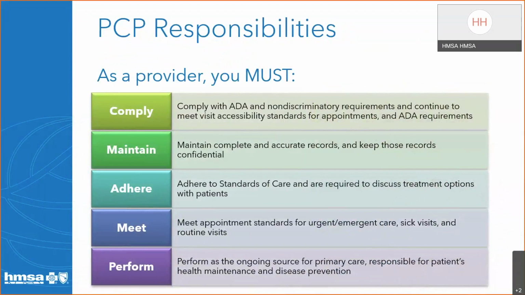All records must be kept confidential and maintained according to standard medical practice. Providers must adhere to standards of care and discuss treatment options with patients. Accessibility standards must be followed for patient appointments, and as a member's PCP, the provider will serve as the primary source of medical care for their assigned patients.